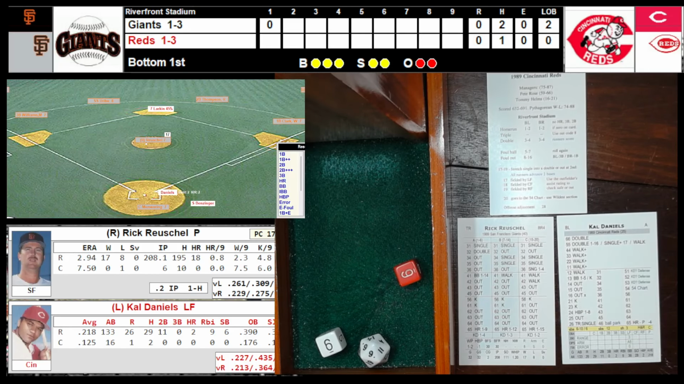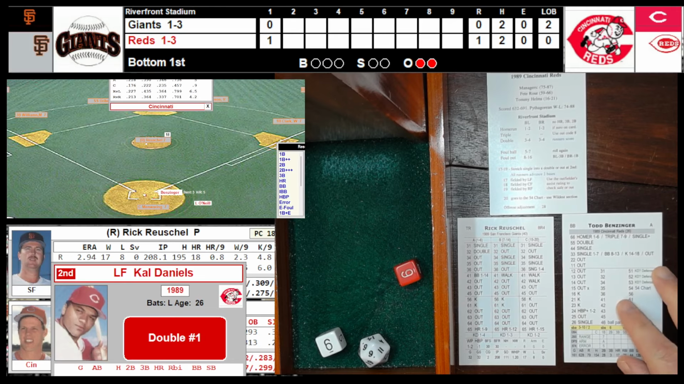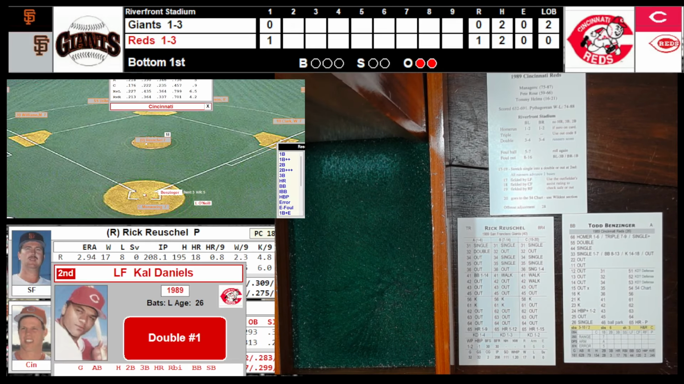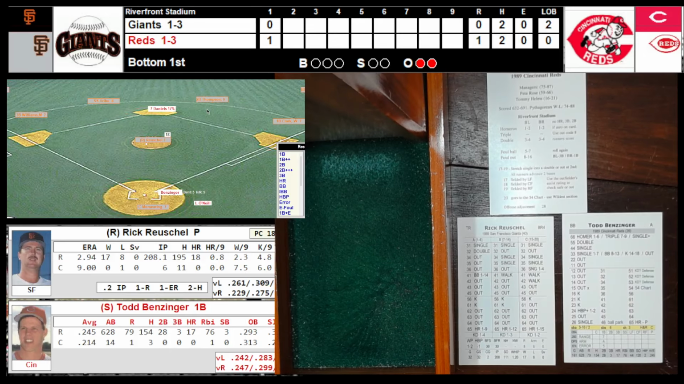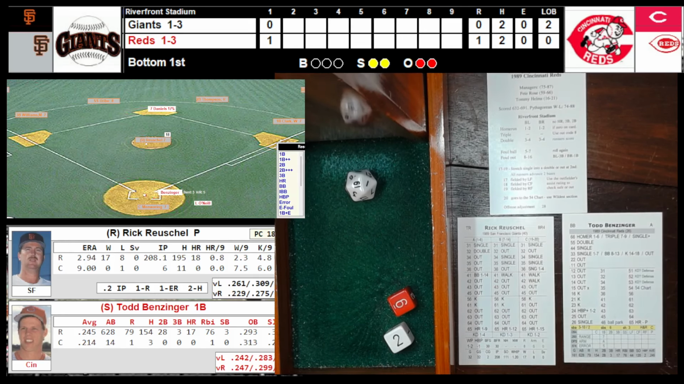66, that's going to be a double for Cal Daniels, and the Reds take a 1-0 lead. Solid double. Reds lead at 1-0. Here is Todd Benzinger, first baseman. 62, that's going to be an out 19 rather. Out 19 with the runner at second. It's probably just a standard fly to right, I would think. But I will verify it. Yep, standard fly out to right field, and that's going to end the inning. So at the end of 1 complete,